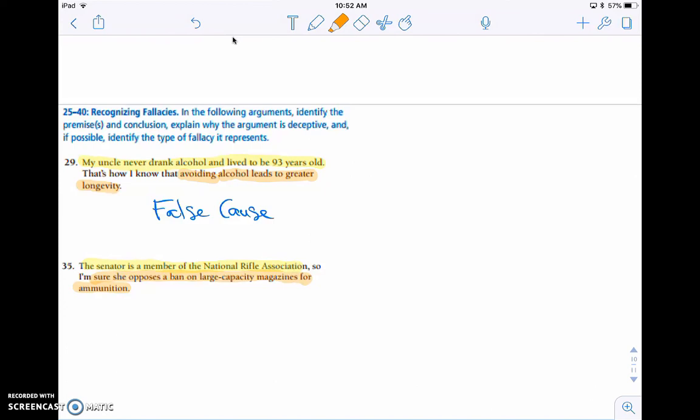Hopefully you can see, we're not necessarily attacking this person, but we're saying the senator is a member of the National Rifle Association, and then the conclusion starts to distort things, based off of her relationship to the National